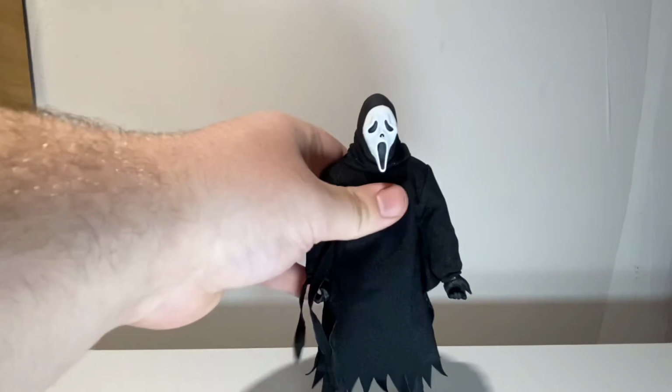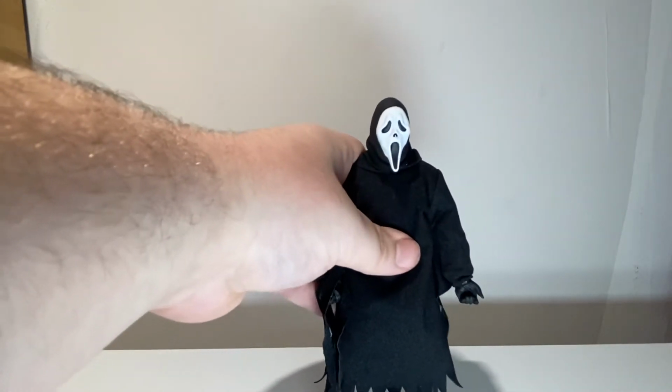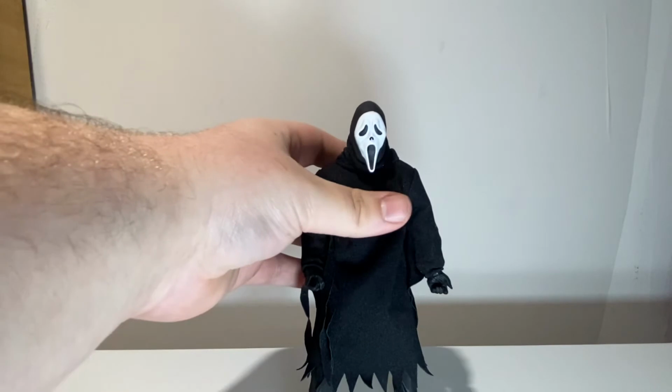Sometimes the ankle pivot just ain't it, and it doesn't really work at all. And I think that no ankle pivot can really kill a figure. I think if you're gonna make a figure, top priority is ankle pivot so it can stand up well. This man can't stand up right now, but we don't need to,